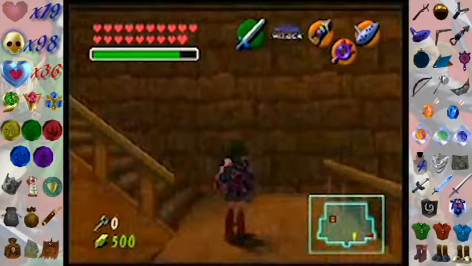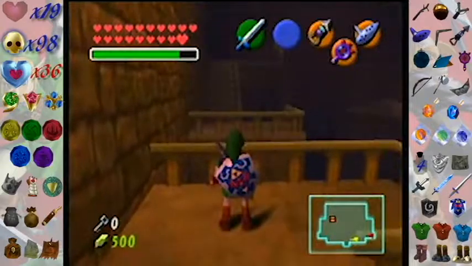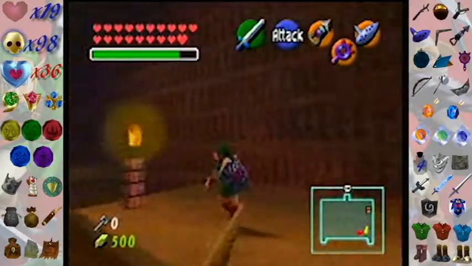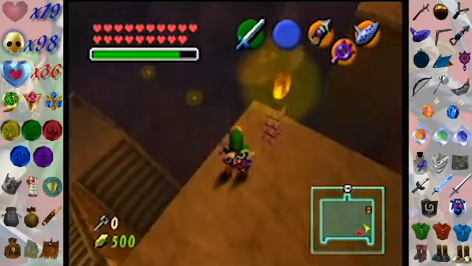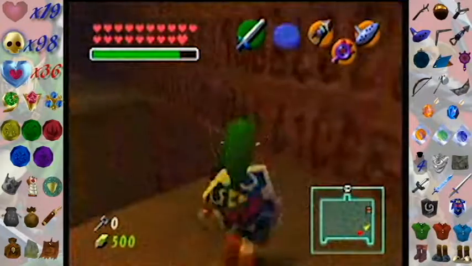I think there's a, wait, wasn't there a floor master along here somewhere? Or... oh, you know what? That might be Master Quest that I'm thinking of. Okay, so there's a couple things we can do in here now that we're here. First order of business is, how